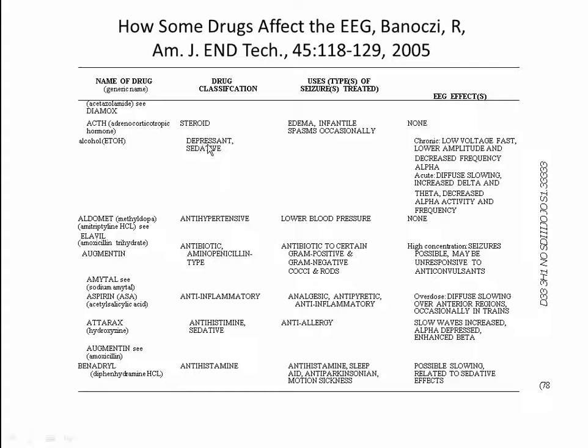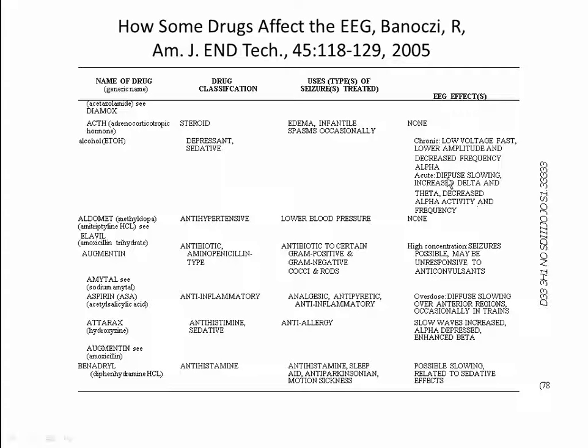It's classified as a depressant, a sedative, a central nervous system depressant. The EEG effects tend to include chronic low voltage fast, lower amplitude and decreased frequency of alpha, diffuse slowing, increased delta and theta, decreased alpha activity and frequency. So all of these findings are typical with individuals who take this, which again seems somewhat paradoxical, because we have